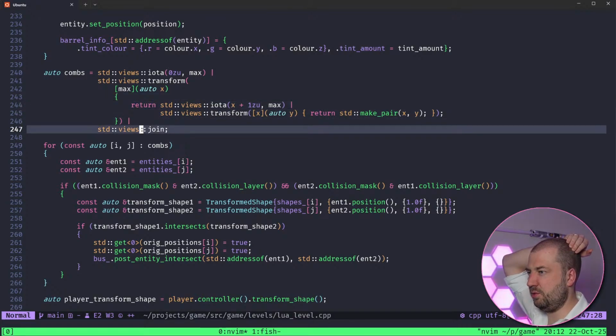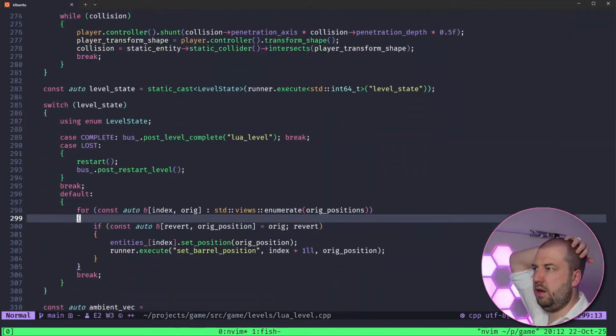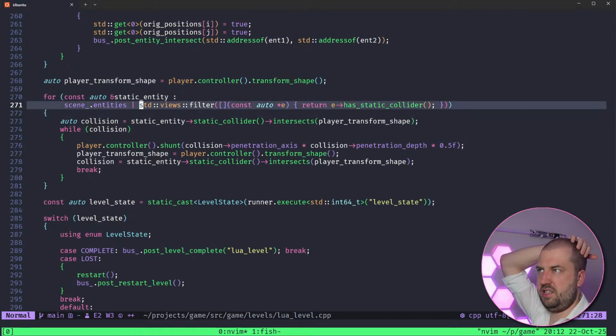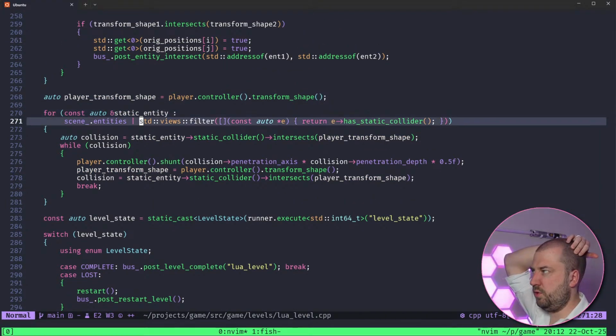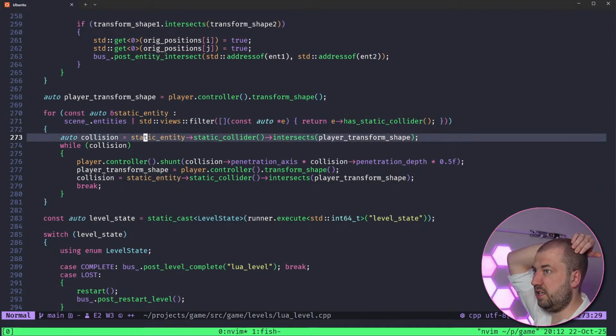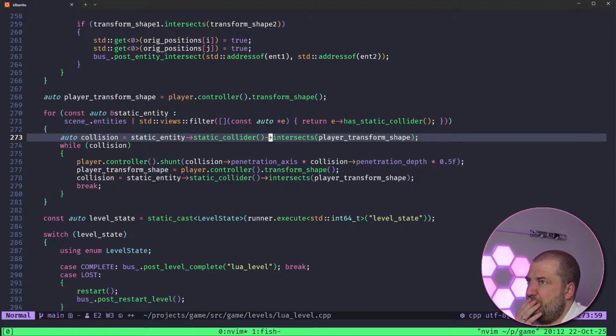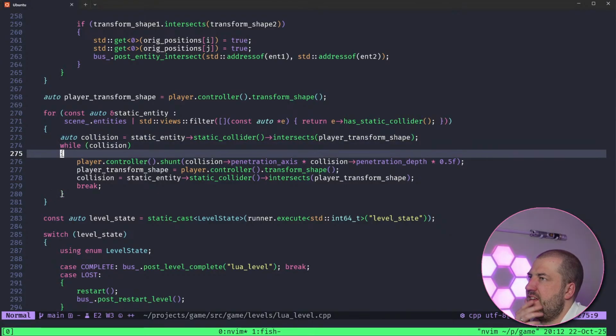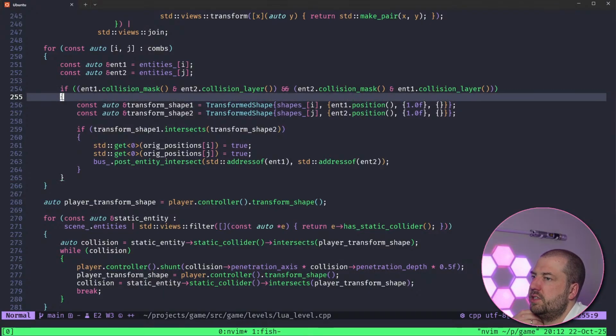I think we have access to all that here, because basically what we're going to do is this. We have access to the static geometry, which has an intersects method. Yeah, I think we're just going to end up hamming this into here, but it's already going to get quite complex. So let's